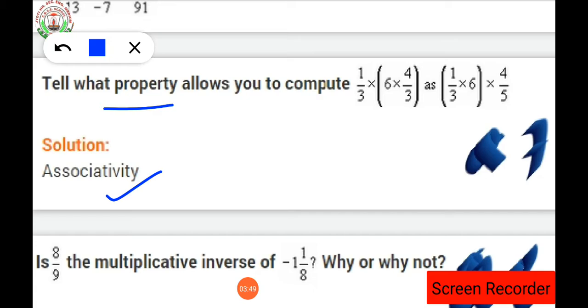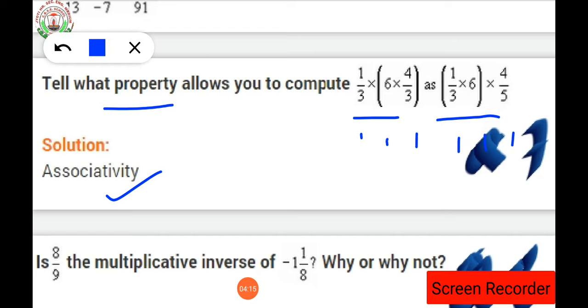Now you will ask me, teacher, how are we going to know that this particular equation belongs to the commutative property of multiplication of a rational number? So dear student, for that we first have to look at the sign. What is the sign present between the numbers? That is the multiplication sign, isn't it? That means 3 terms are there. This is the first term, second term, third term.